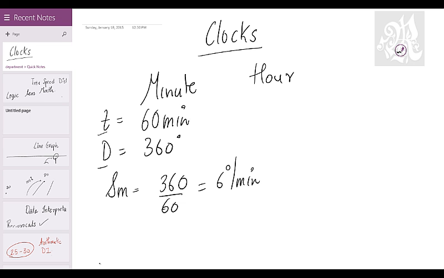Keep in mind, speed is something that you can define by yourself. So it's not necessarily kilometers per hour or meters per second. It can be something like degrees per minute also. It's basically distance over time. Okay? It's a ratio. It's not a quantity as such. So the minute hand speed will be 6 degrees every minute. Every minute the minute hand will go ahead by 6 degrees.